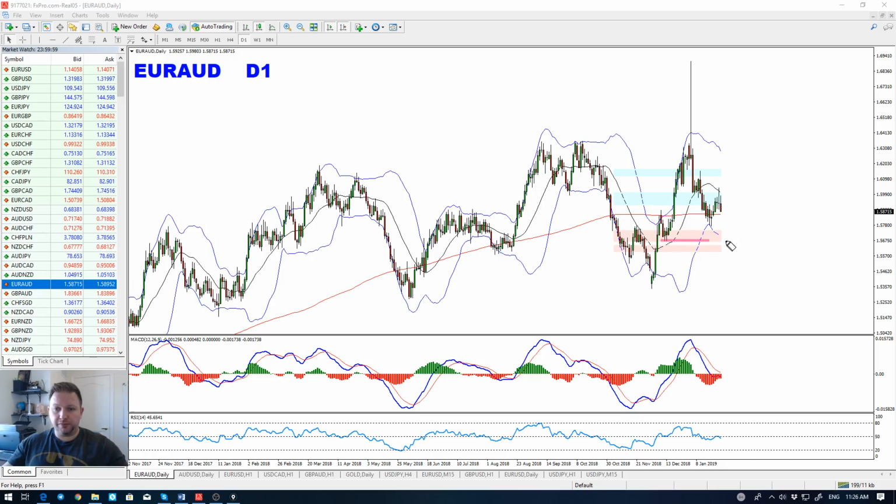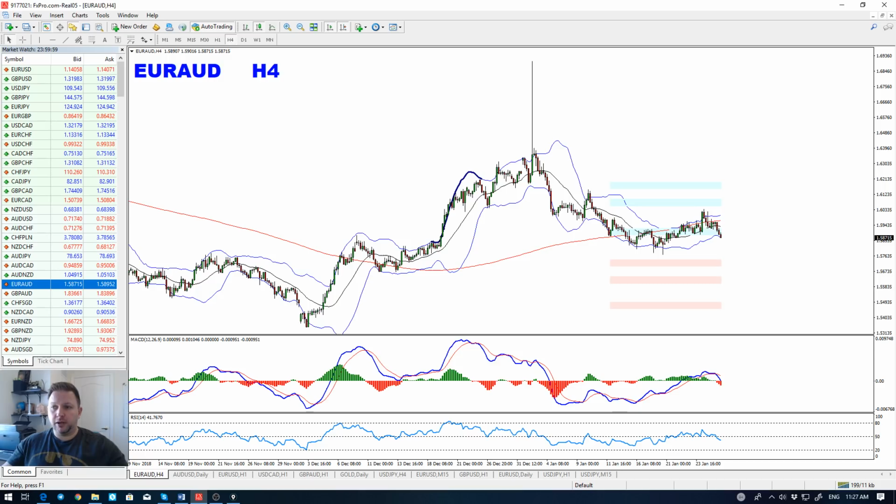We have a beautiful area that it should achieve right here and then right here. Now, the other possibility is that after bend to bend, many times the pair is making a retrace to the opposite band and then continues its trend. This is a possibility, and therefore, if this high is broken, then we are after clearance of this place and